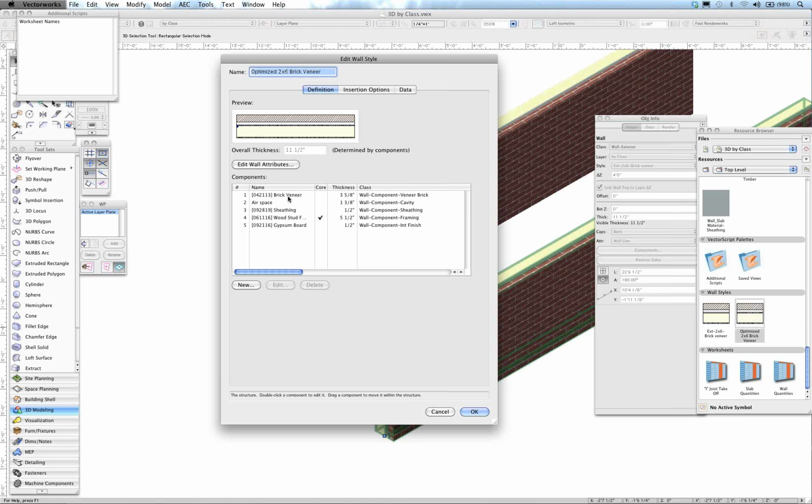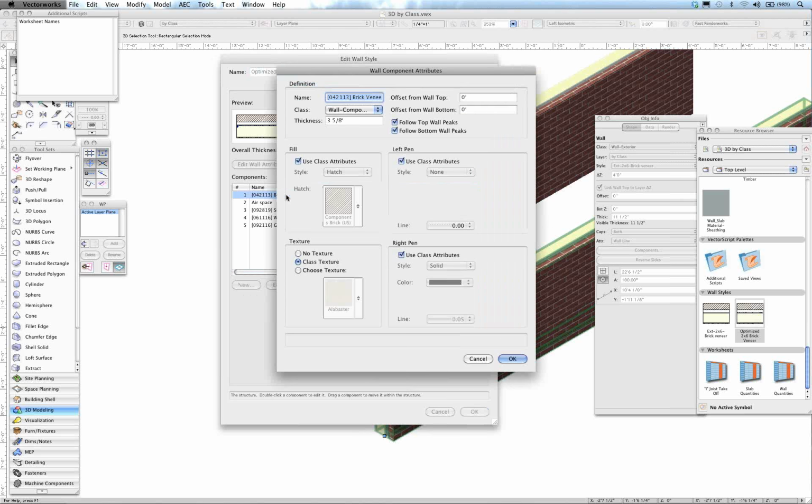Here's the difference. If I click on one of the components, we'll pick the brick veneer again. What I'm doing here is controlling everything by class. To me, this really makes a set of drawings much more flexible. As I work through all of the plan views, details, et cetera, I can control the look and feel of all of my walls and other components by the class structure in Vectorworks. You can see that everything has been tagged to use class attributes. And what that means